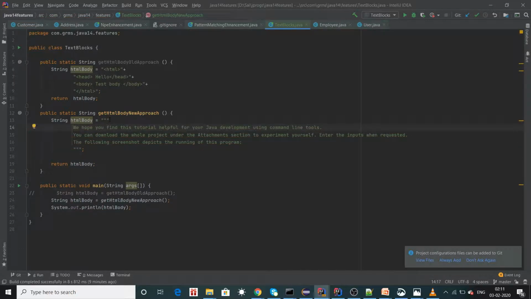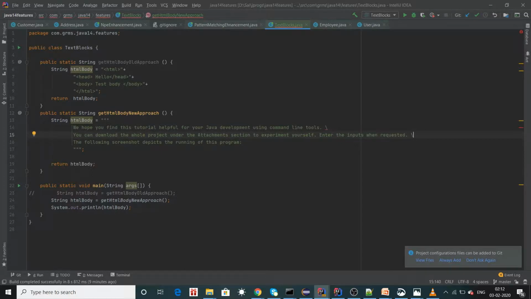You still want to keep everything in a single line. So to have line terminator control in text blocks, Java 14 introduced one more escape, just a backslash. What it will do is not allow it to become a new line